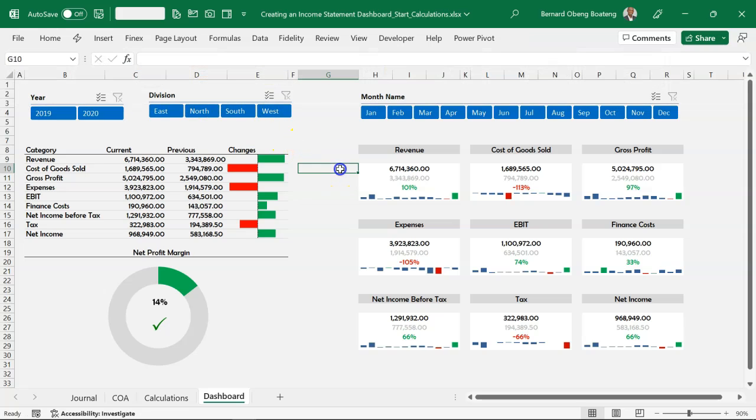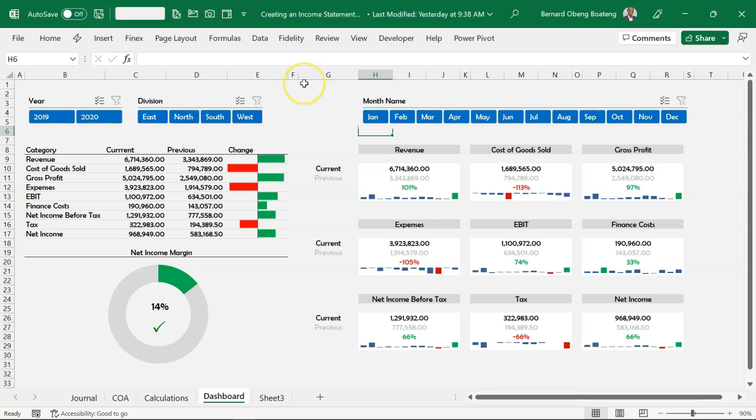So we are almost there. I'll just put in the labels for our current and previous, so that we know which numbers. Then copy this and paste this here. So this now completes our final dashboard, and as always, the goal has been to make sure you can